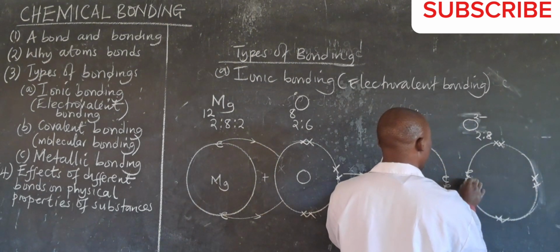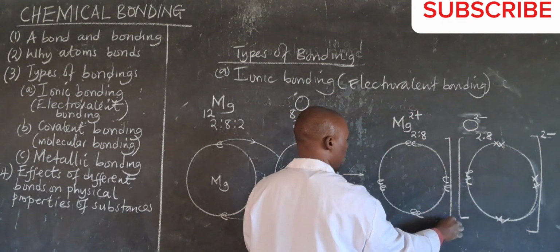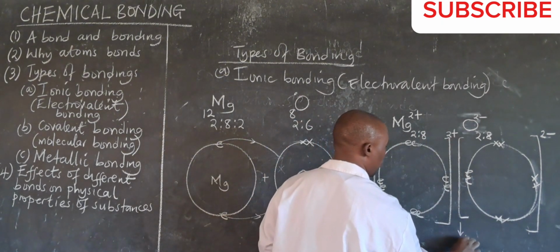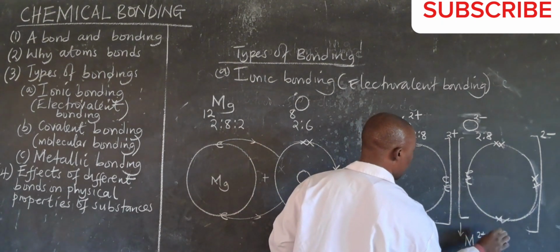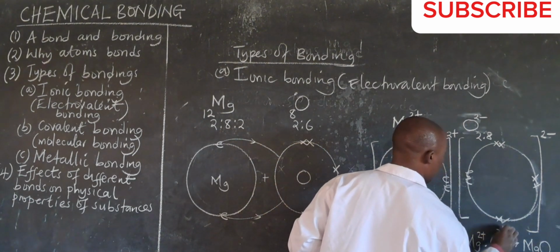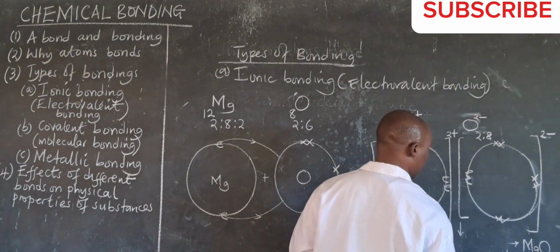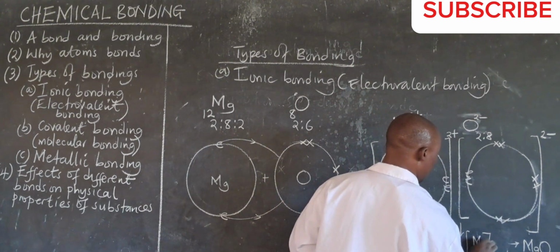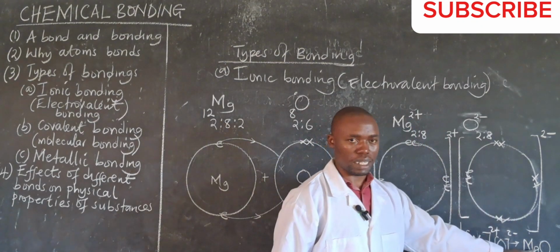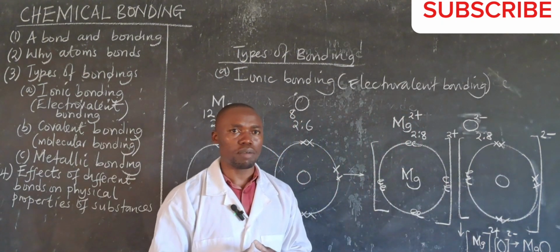So here we have transferred 8. We have this as the oxide ion. Then this is the magnesium ion. They will finally form for us magnesium ion being attracted to the oxide ion, forming magnesium oxide. Hope we get that right. Then the oxide ion here. So this is the formula of magnesium oxide. This is magnesium. This is oxygen. That's how ionic bonding happens.